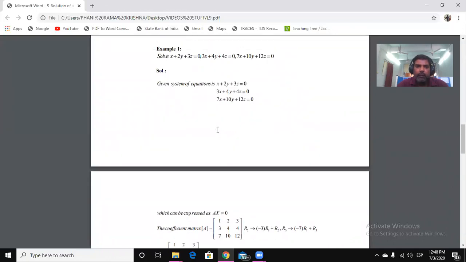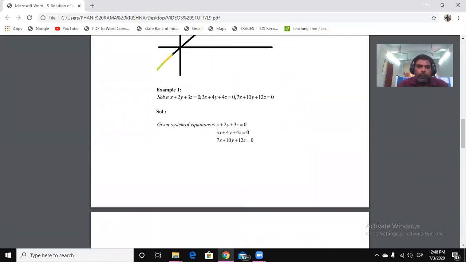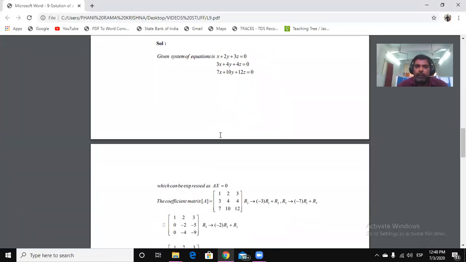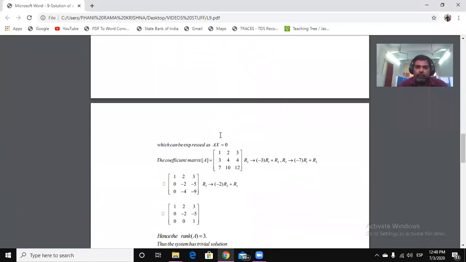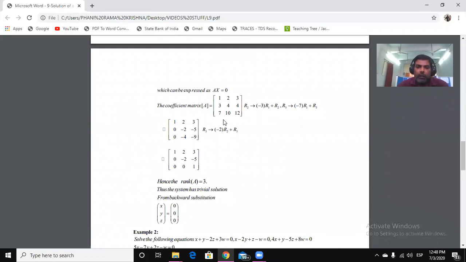Now look at here, this is a homogeneous system. I would like to check whether these planes are passing through origin or coincide with each other. So here this is the augmented matrix. I am going to reduce this matrix to echelon form. In the first column, except the diagonal, the remaining two elements below this diagonal I need to make 0, all in only one step.